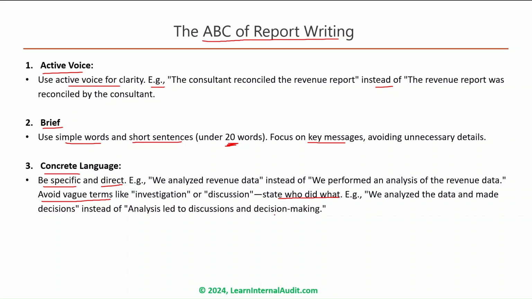You have to make sure that your report is very clear in terms of what you have done and how you did it. An example of vague would be: we observed some instances. The word some is a vague term, but if you specify we observed 5 instances, it gives more clarity.